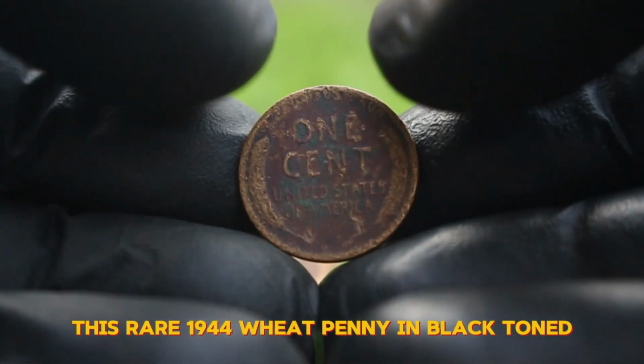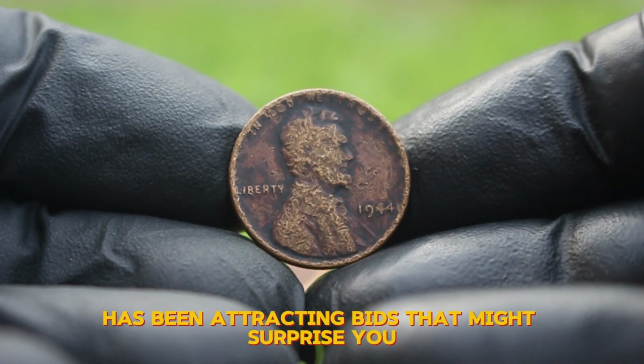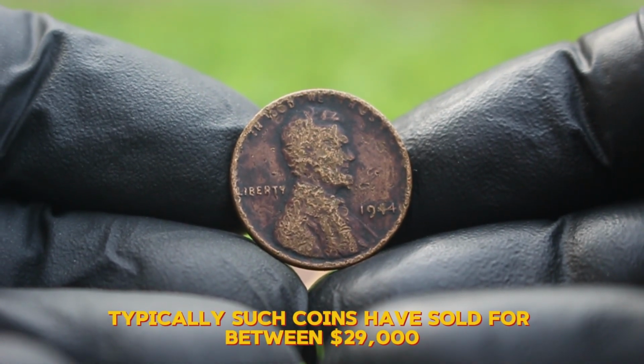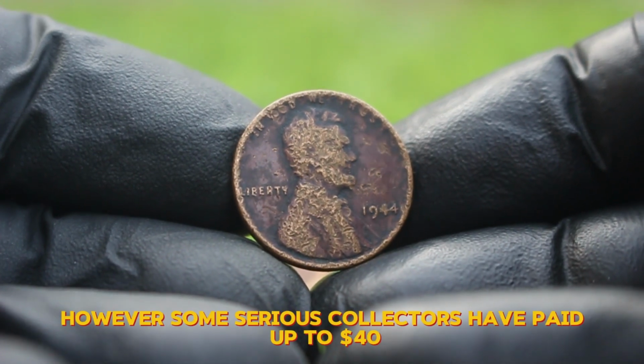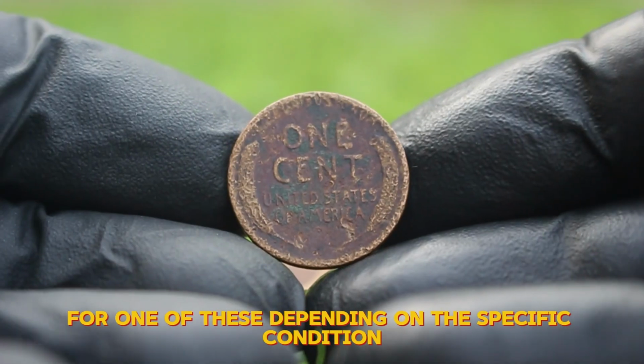This rare 1944 wheat penny in black-toned, bad condition has been attracting bids that might surprise you. Typically, such coins have sold for between $29,000 in online auctions. However, some serious collectors have paid up to $40 for one of these, depending on the specific condition and interest